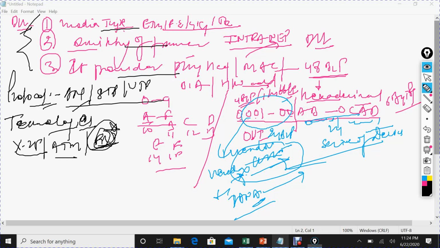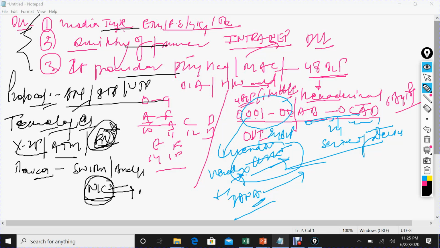The devices which work at your data link layer are switch, bridge, and NIC. In most interviews, the interviewer is going to ask which layer a NIC works at. Never mind, you can say it works at layer 2, because each NIC has its own MAC address, and if you are dealing with the MAC address, it is all about the data link layer. So this is all about your data link layer.